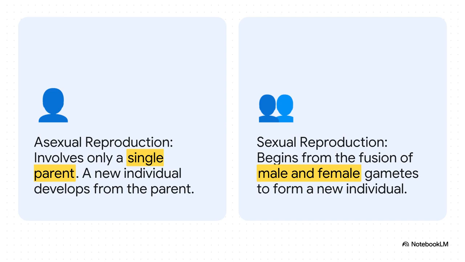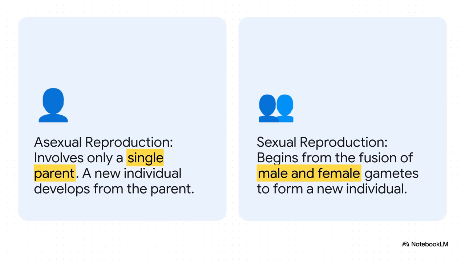All right, so on one side, you've got asexual reproduction. Think of it like nature's copy-paste function. A single parent just makes a clone of itself. But that's not our story. We take the second path, sexual reproduction. And this one is all about mixing things up, combining the genetic code from two different parents to create someone